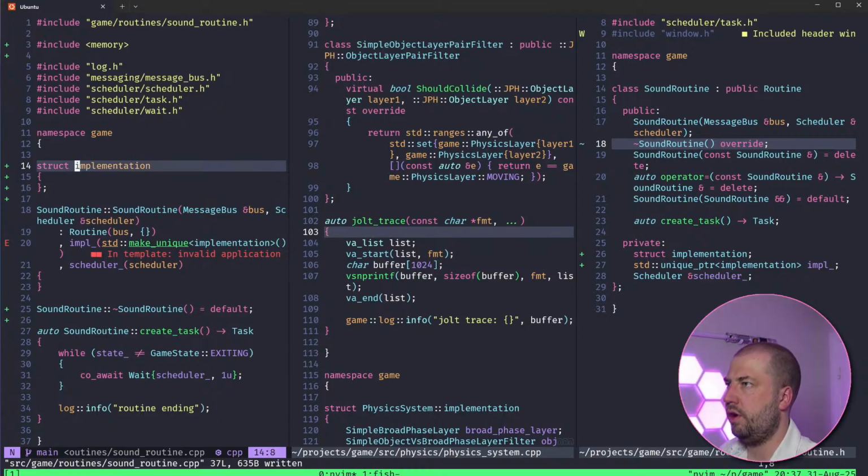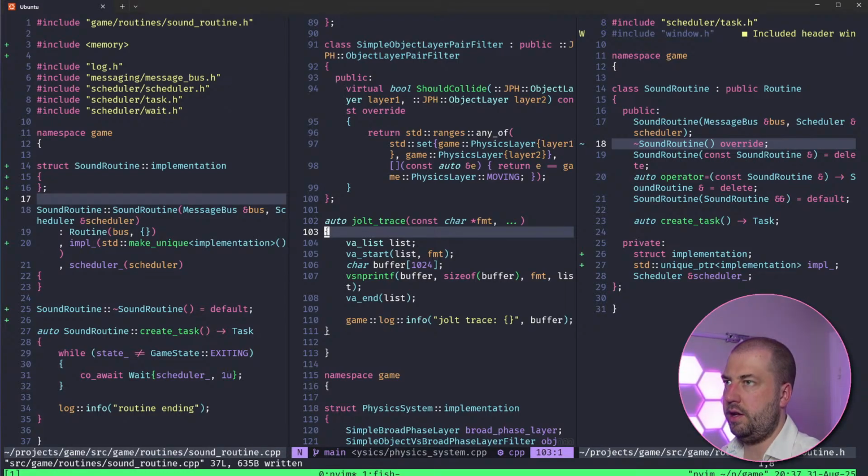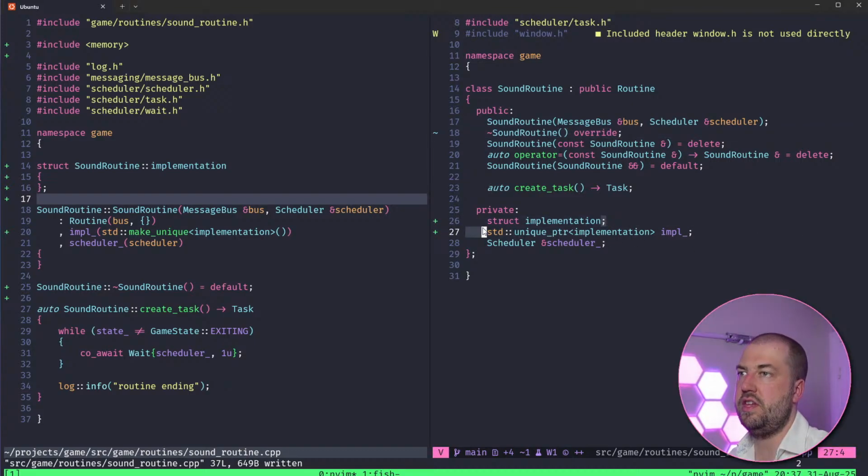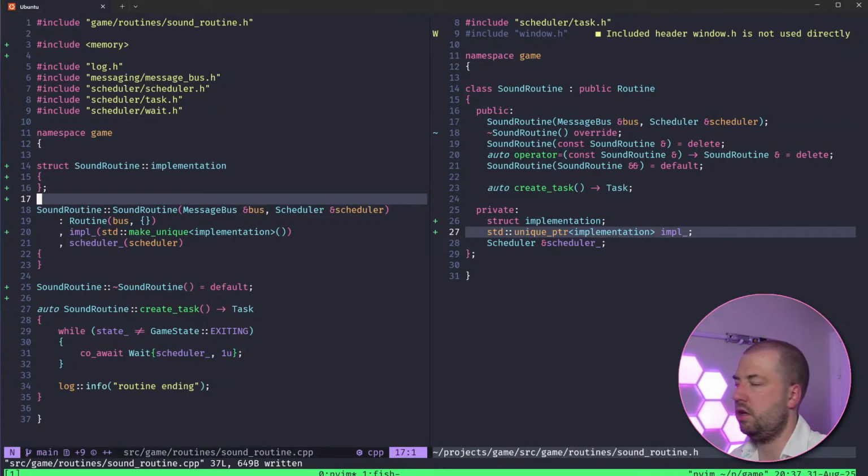Of course. Sorry. There you go. Sorry, I had it incorrectly namespaced. I just declared a struct called Implementation, and I'd not told the compiler that it is in fact this Implementation I was defining.